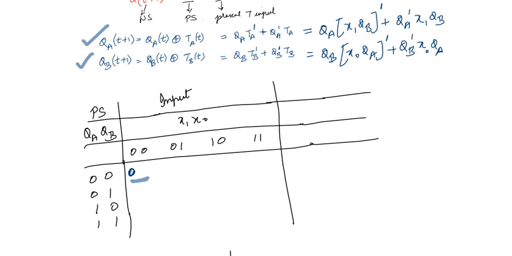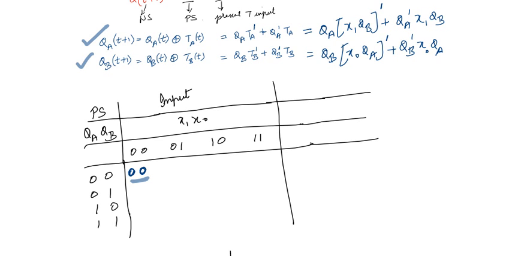Similarly, you try to fill out the next one. Now we have filled out the QA. Look at this order I am going to fill: QA and then QB next state. So QA I have filled. Similarly, you plug the values of QA, QB, X1, X0 here. Since QB is 0, 0 and anything is 0, QA is also 0, so 0 plus 0 we are getting here as 0.